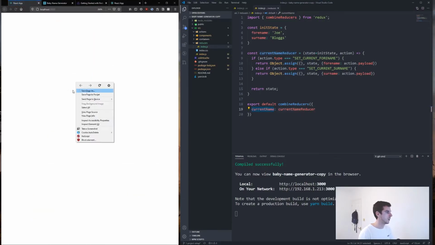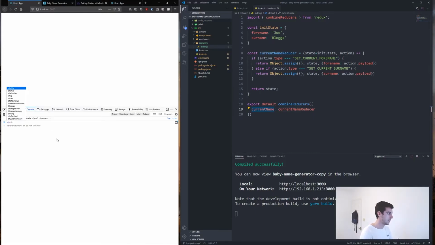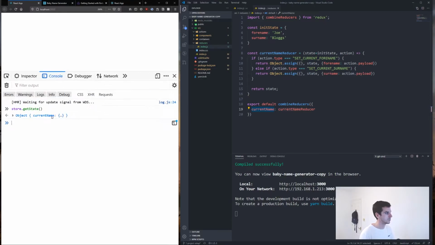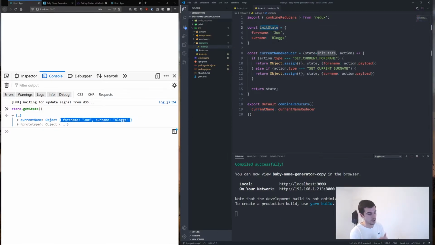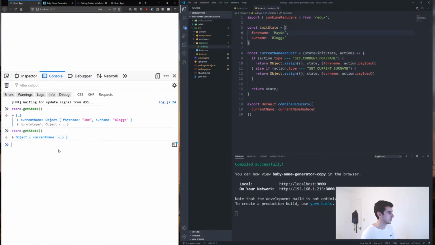So now if I come over here, refresh this, go into here, say store.getState, you can see we've got a new entry in our Redux store of current name, which is this name here. So this dictionary, basically an object in JavaScript, maps to an object that has Joe Blogs, which you can see is our initial state. When the app starts up, it fires off this method, and because there's no action, none of these get hit, so we just return state, and state is our initial state. So if I change this to Haydn Blogs and then do store.getState, current name now is